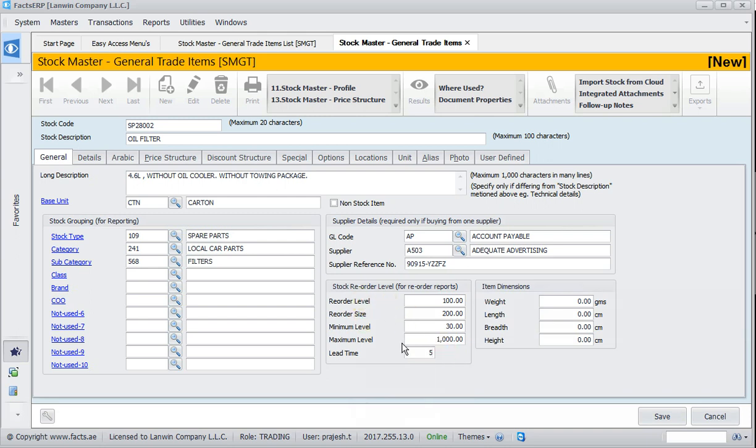Now all these fields are used for getting the reorder reports and some kind of alerts. Now we will go to the item dimensions, where you can give the weight, the length, the breadth and the height of this particular stock item.